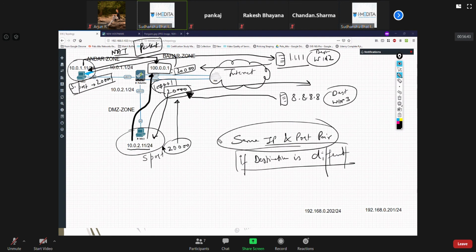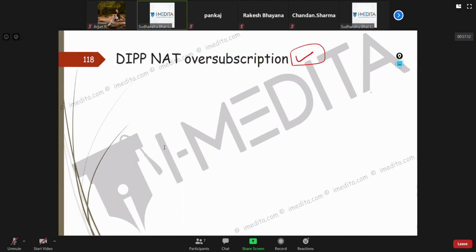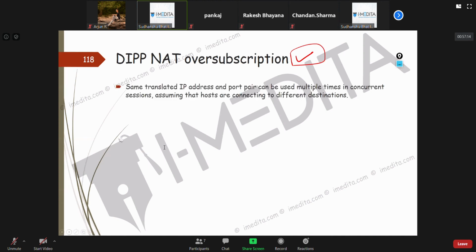You can utilize the same IP and port pair, 100.0.0.1 and port number 20,000, in NAT oversubscription if the destination is different. Now let's read it a little bit from here. What is NAT oversubscription?